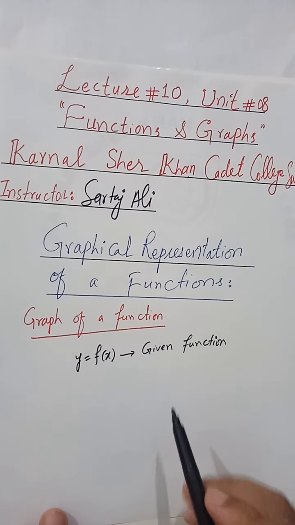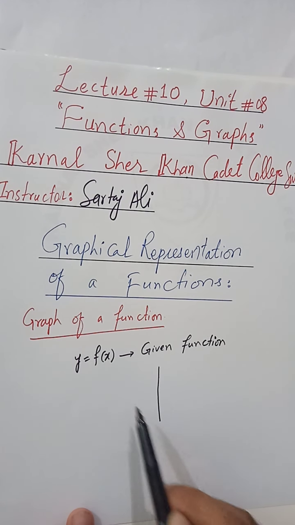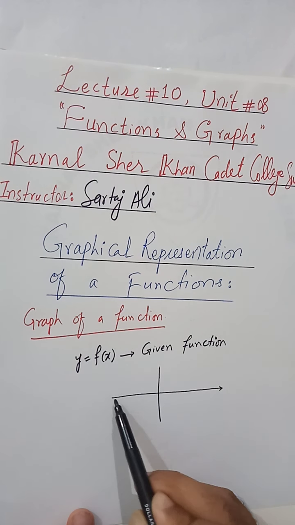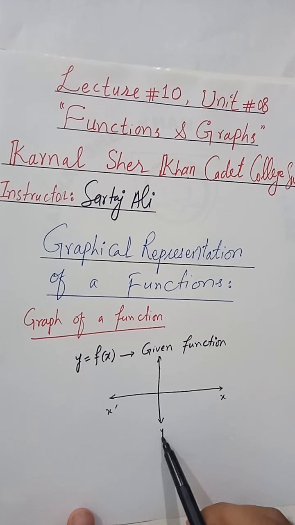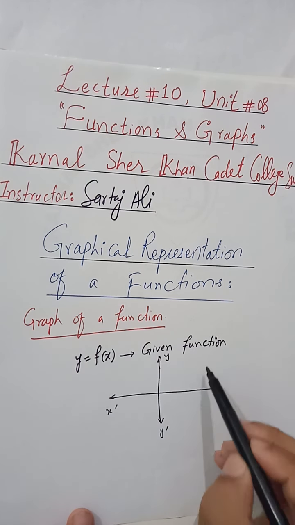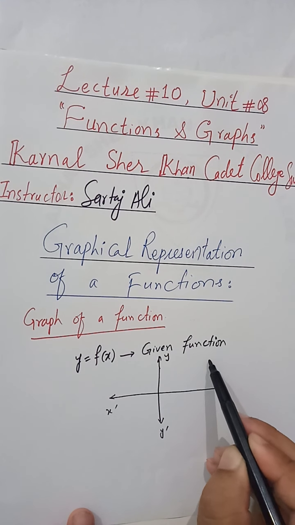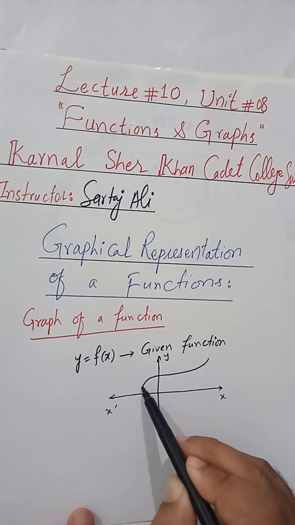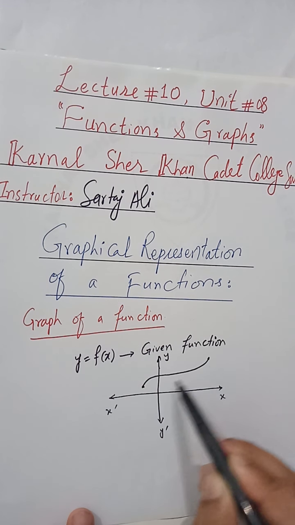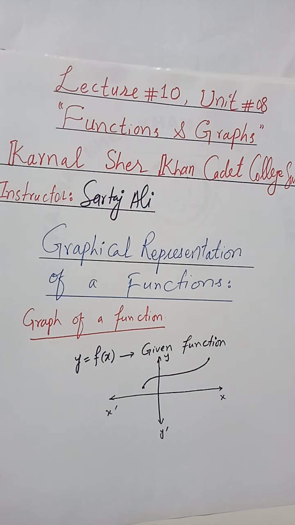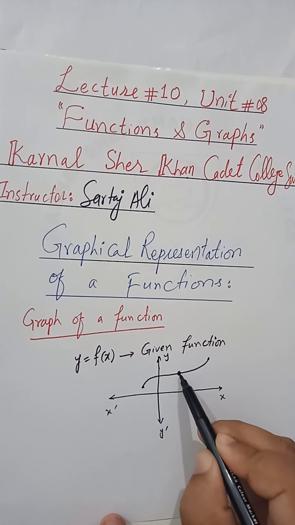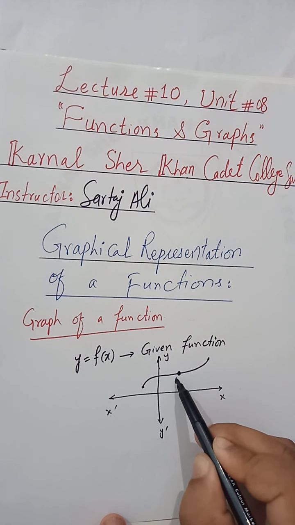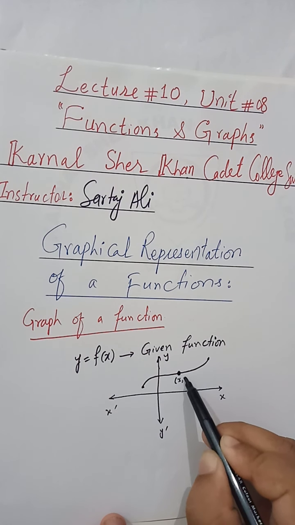For example, in rectangular coordinate systems or in Cartesian coordinate system, let's say this is your x-axis and this is your y-axis, and let's say we have this curve. For example, let's say we have this curve. So actually this curve is made from joining infinitely many points, and each point, if I consider an arbitrary point from this curve, let's say this point, it has a representation in ordered pair form. This is small x and small y.